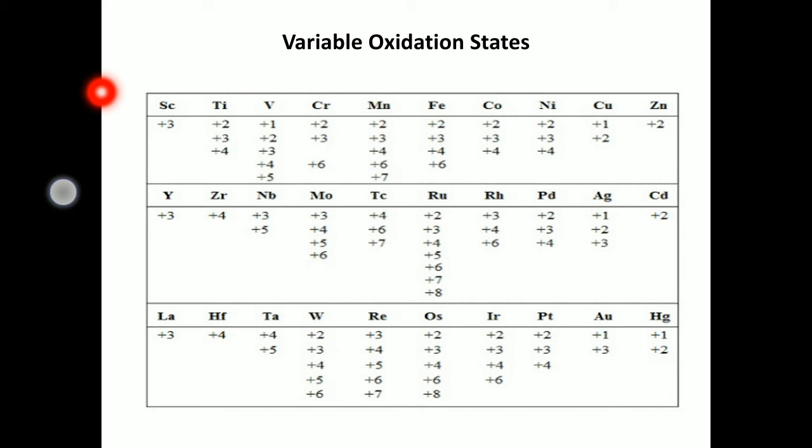At that time, the electrons present in the ns level and the (n-1)d level both participate in the chemical reaction. In that situation, some elements can show more than one oxidation state besides +2. Sometimes some elements can have +1 as a stable oxidation state. Those oxidation states are given here, and they depend upon the energy gaps between the ns and (n-1)d levels.